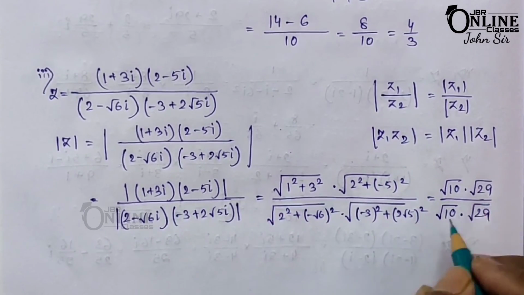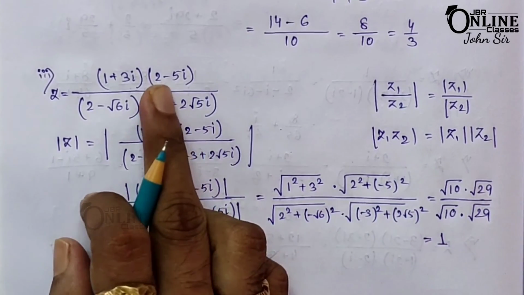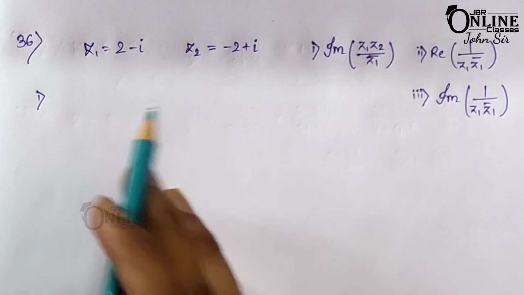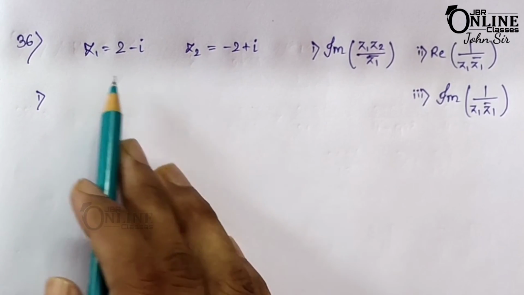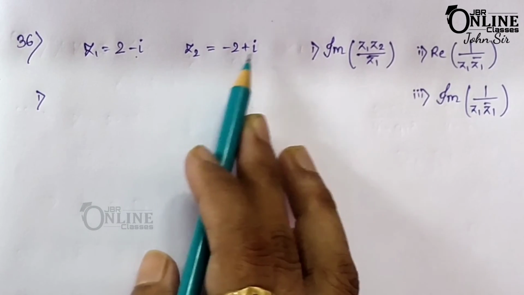Okay, so it's equal, so that means that equals 1. So the modulus of this one equals 1. Now sum number 36. Find, if z1 equals 2 minus i and z2 equals minus 2 plus i,